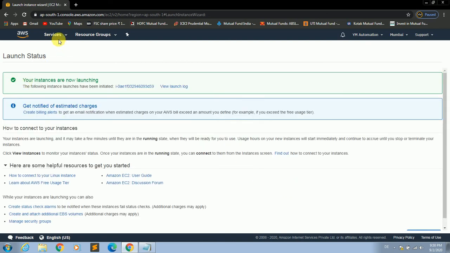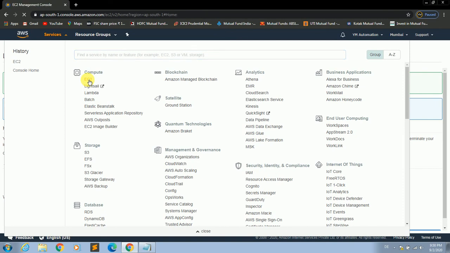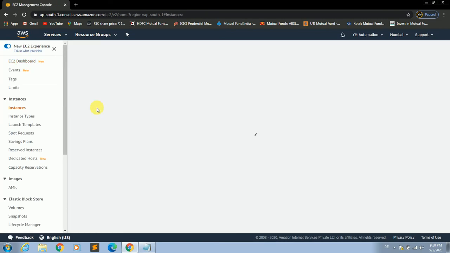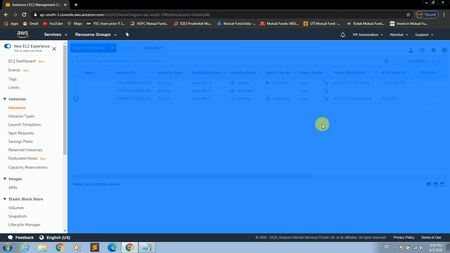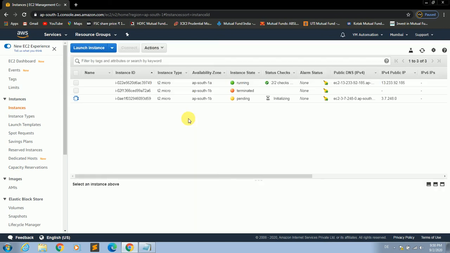So again I have to navigate to the EC2 servers. I'll go to the running instances. I could see there are 2-3 instances running, but AWS allows you to use only one instance for free. Other than one instance running will lead to charges. So kindly, if you have more than one system, terminate them. I'll tell you how to terminate it. One is already terminated here. Terminated instances never lead to any charges, but running systems should be only one.